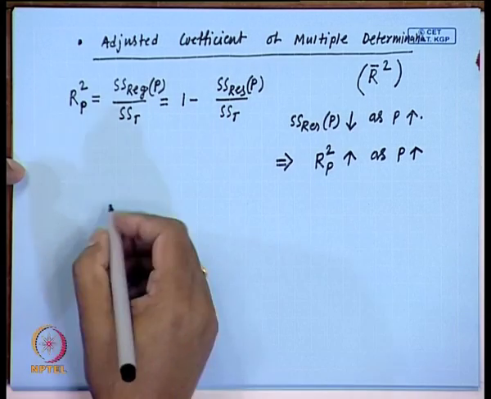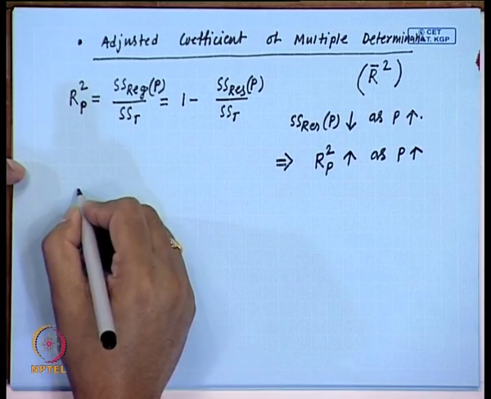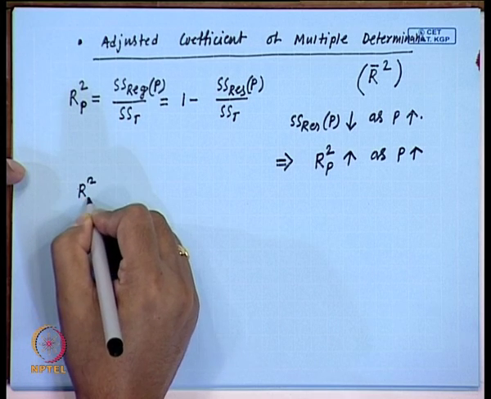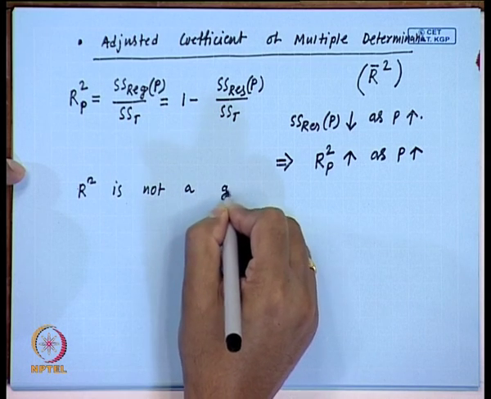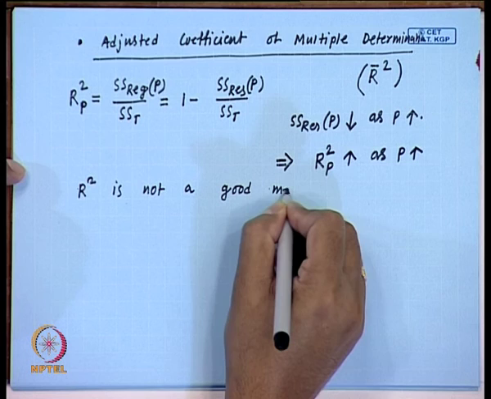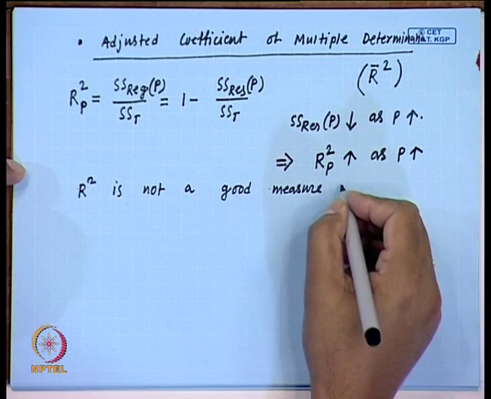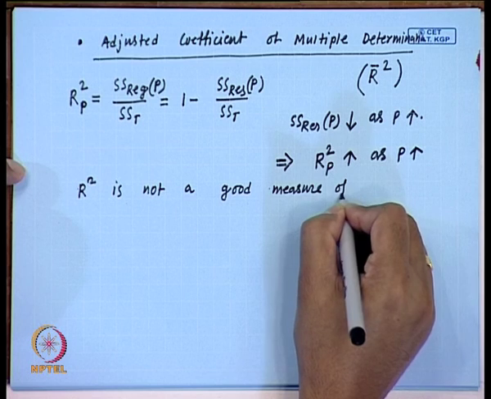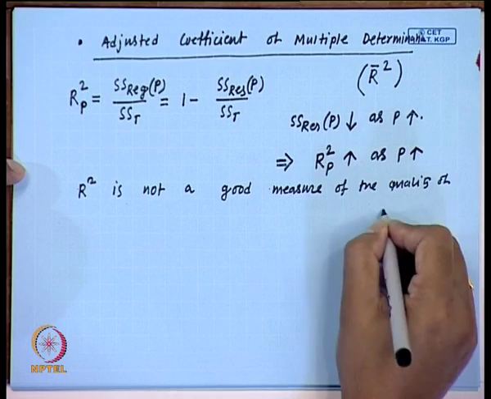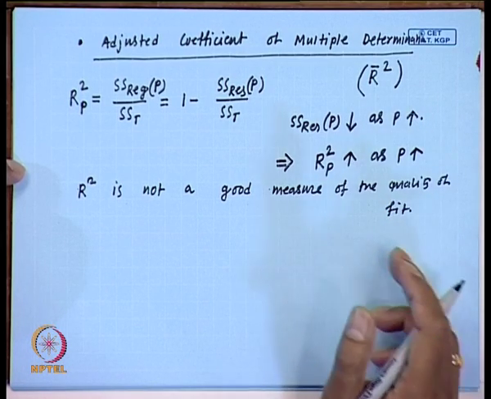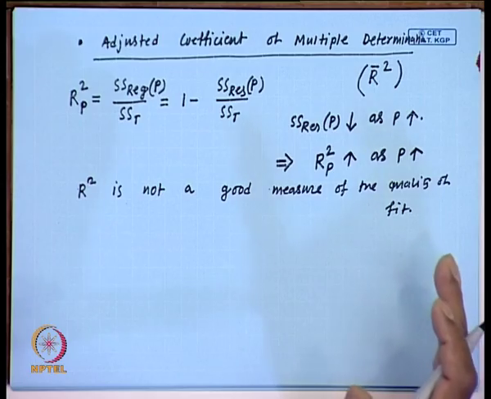So, from here we can say that R square is not a good measure of the quality of fit. Let me explain why, because whether the newly included regressor variable is relevant